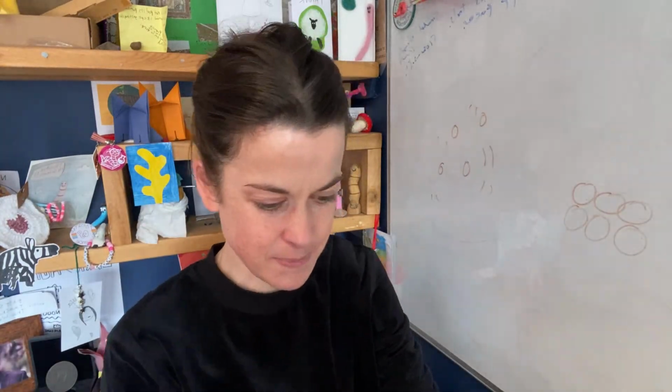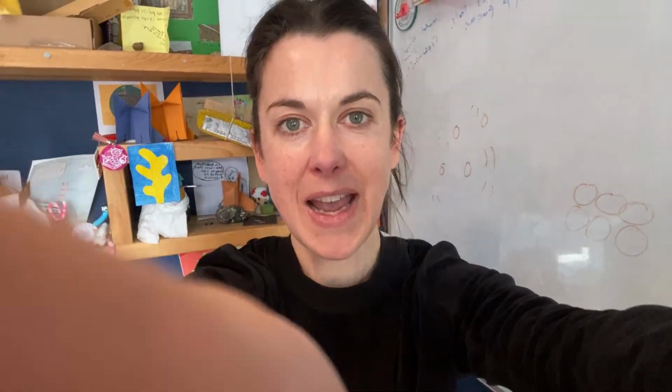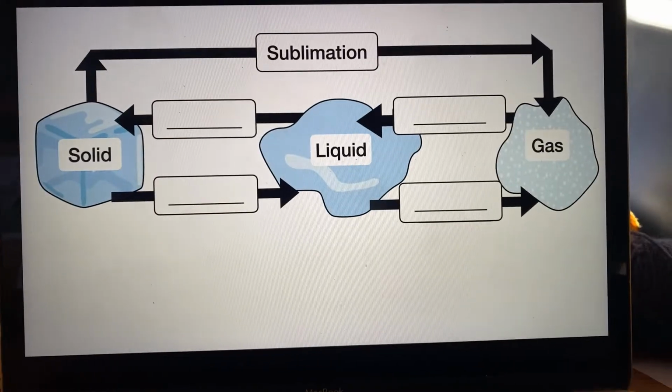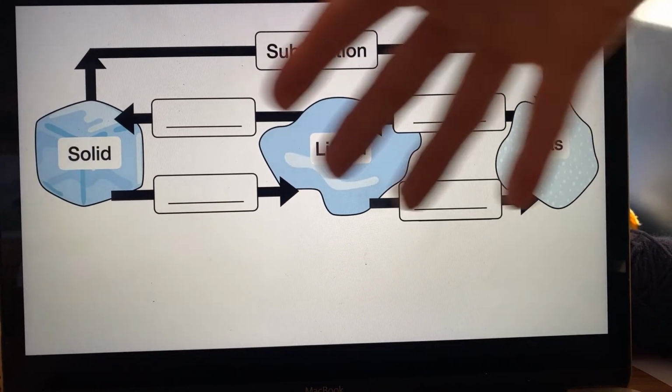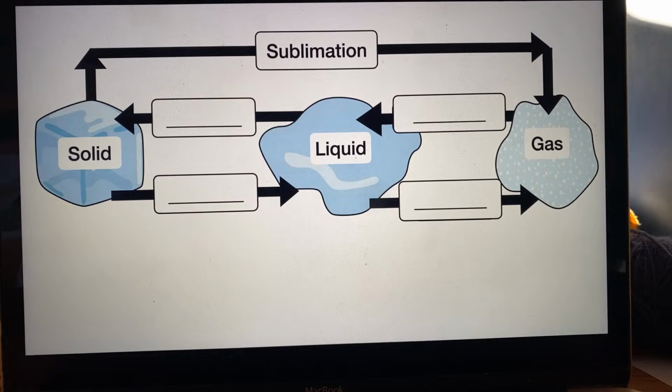Is that all right? Anyway, I asked you, while you were hanging around waiting for me to start the lesson, if you could have a go at filling in the gaps on this little diagram. This is me teaching you these words, so don't worry if you couldn't do it, but I thought it'd be interesting to see how much you just got from everyday experience of living on planet Earth.